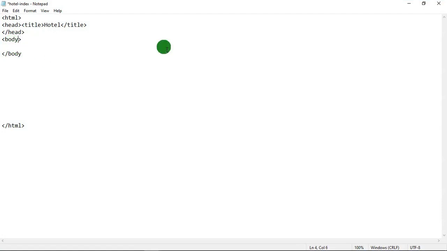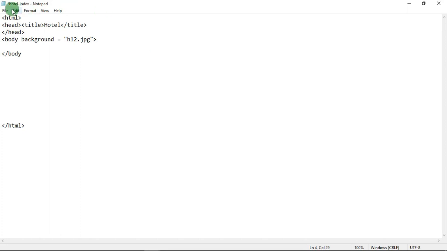In the beginning I want to set an image in the background. So for that I am going in the body tag and I am going to use background equals to image. Whatever image you want to put, you can give the name of that image. So background equals to the name of the image inside the double quotes. I already have the image, so I am putting the image h12.jpg.